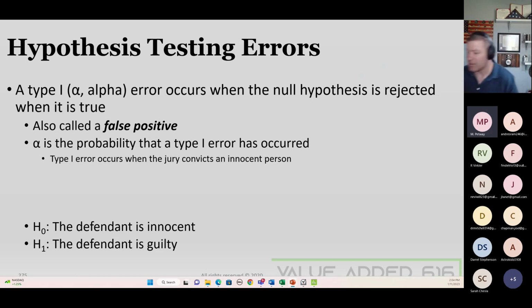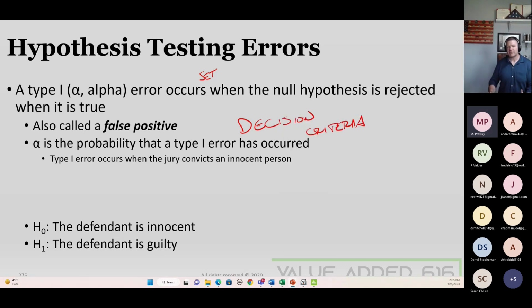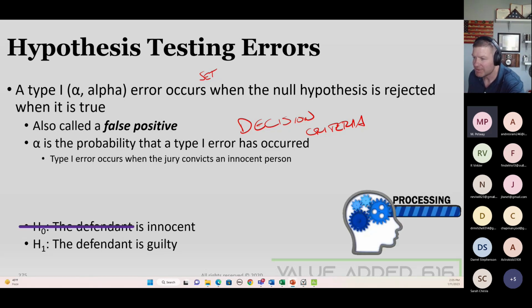And we say set the alpha, right? You saw that on there, set the alpha. That alpha, this is your decision criteria. When we set our decision criteria and we say, well, 5%, we set it at, and we say 5% chance I could be wrong. Well, I kept saying that. And at some point, I'm hoping somebody's kind of pulling out their hair going, what do you mean by you could be wrong? What the heck does that even mean? This is what it means. It means the probability of a type 1 error occurred, which means, let's put that in layman's terms, that I reject the null and we say there's enough evidence for the alternate, which means I convicted an innocent person,